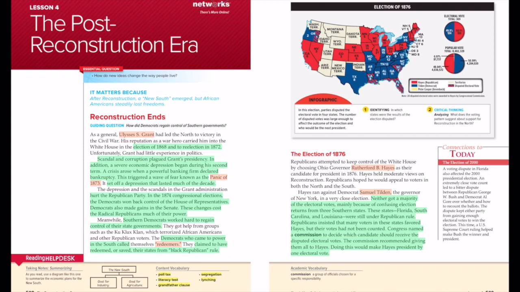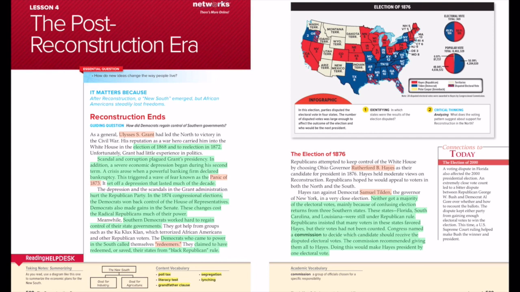Now, interestingly, there was a problem because in this election, there were some disputed results in 3 states: Florida, South Carolina, and Louisiana. And those states, the Republicans said, no, we know we had the votes and they're not reporting. So maybe they pulled something and their votes didn't get counted. So they decided to have a committee in Congress to try to figure out what they were going to do